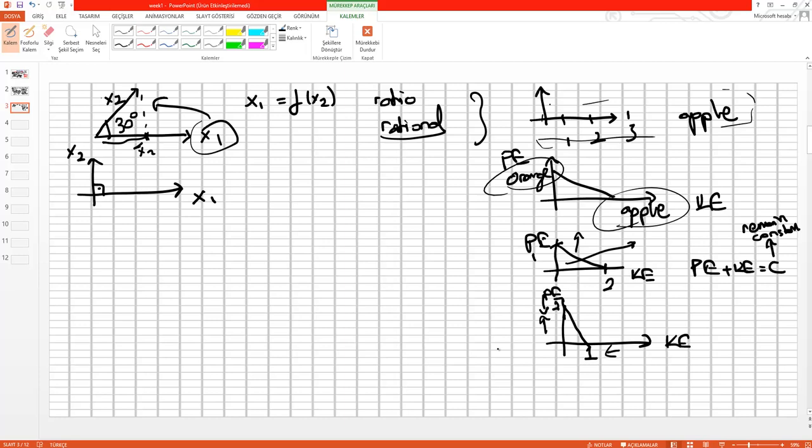If you are decreasing the kinetic energy, then the potential energy must increase. But with what ratio? For example, 3 or 2 or 10. If we consume one unit of kinetic energy, how much potential energy can be gained? This must be provided by the Pythagorean theorem. This ratio enables us to preserve energy.